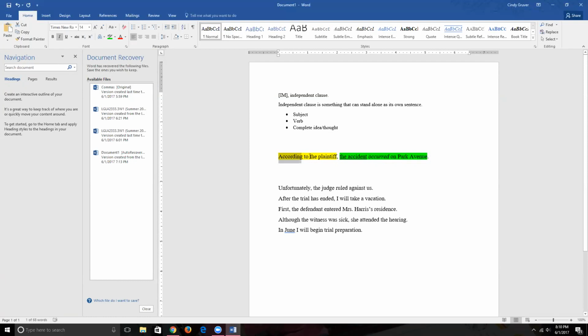Now we have this introductory material, according to the plaintiff. Can we leave this off and the sentence has the same meaning? Yeah, it does. The accident occurred on Park Avenue. This is just additional information about what's coming after us. This is kind of like a parenthetical. It's not essential to the meaning of the